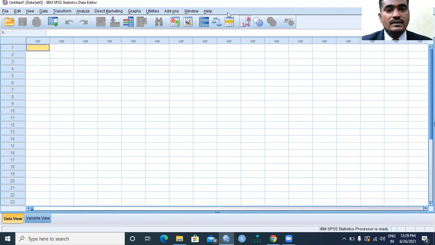Right? So SPSS comprises a menu bar which includes file, edit, view, data, transform, analyze, direct marketing, graphs, utilities, add-ons, window, and help. Right? Now we will try to enter the data in the SPSS package. So first of all, what I am trying to do is define the values